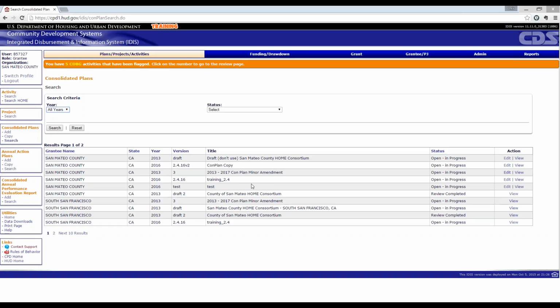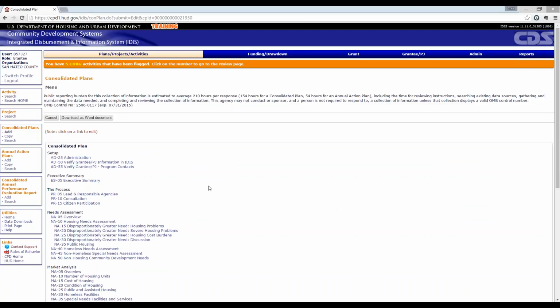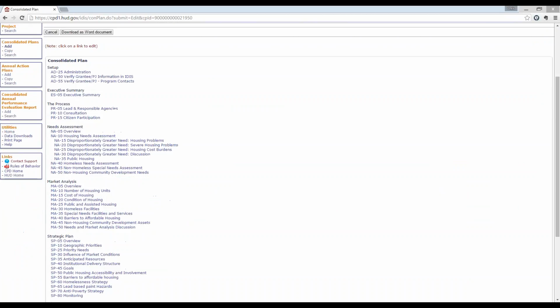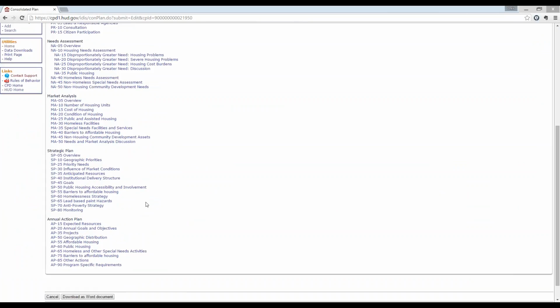We'll open up the version that we created today, and you'll see all of the comp plan information, and then at the end, you will see your annual action plan, and that's your annual action plan for year one. So the year one action plan is embedded in the consolidated plan. You do not need to create two submissions.